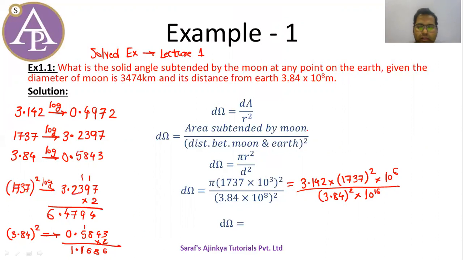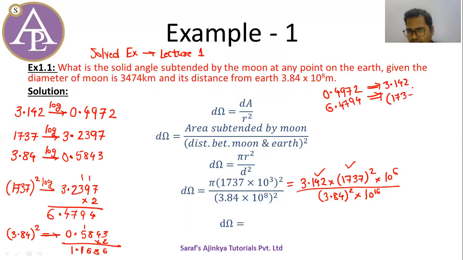Correct. Okay. Now see, in the numerator these two are getting multiplied, so their logs should be added. So 4972 is the log of 3.142. And then 6.4794 is the log for 1737 whole square, and because these two are multiplied, I should add their logs. So 6, 16 carry 1, 17 carry 1, this is 9 and this is 6. So this is 6.9767. But then this is divided by